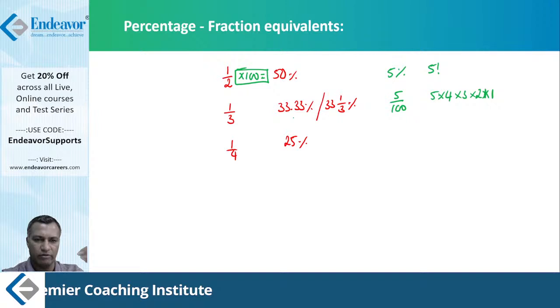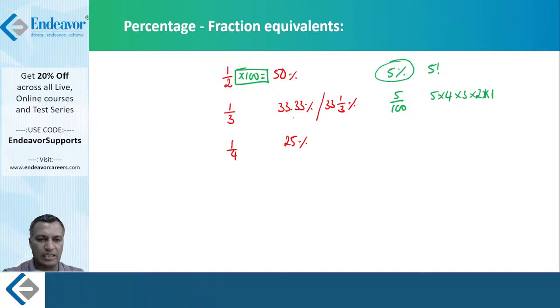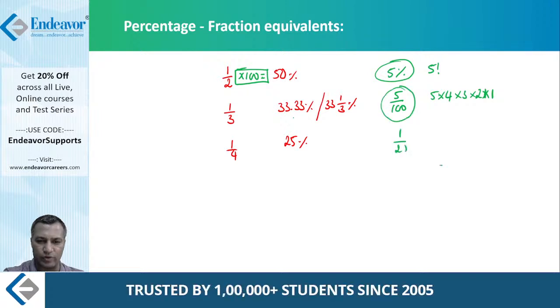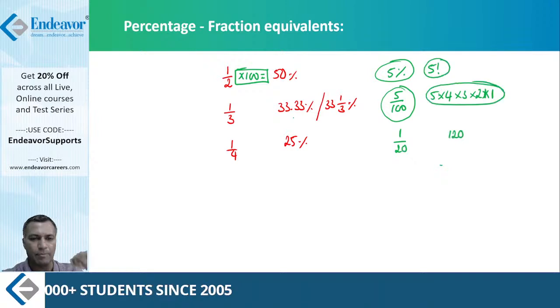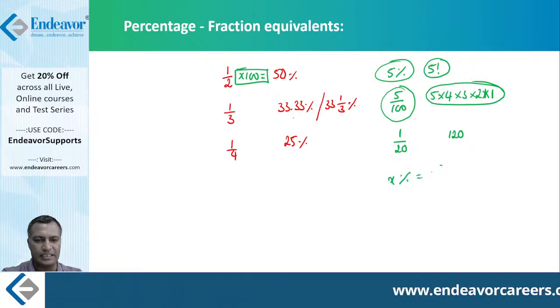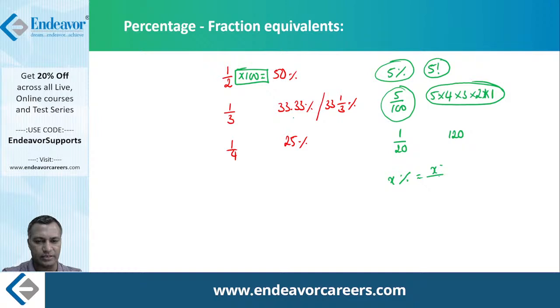So when I write 5 percentage, mathematically it means 5 by 100. You can simplify and call it 1 by 20. Similarly, when I meant 5 factorial, I meant the product of the first 5 natural numbers, which is nothing but 120. So it's a symbol. Technically, percentage is a symbol, so when I write x percentage, it stands for x divided by 100.